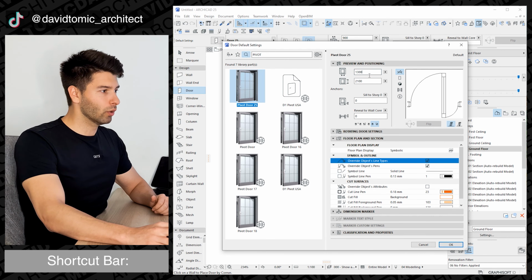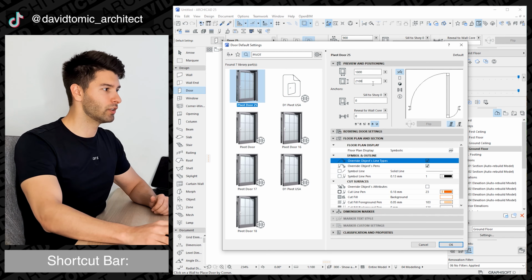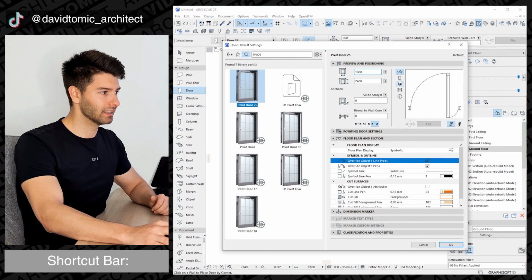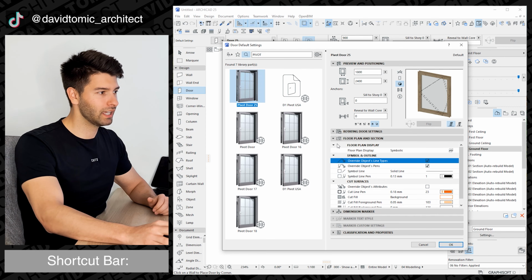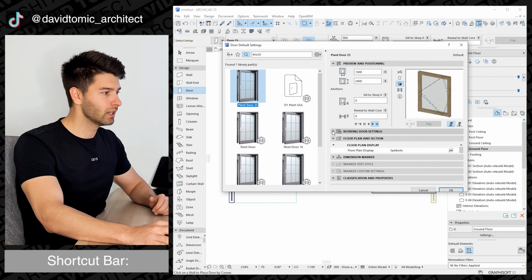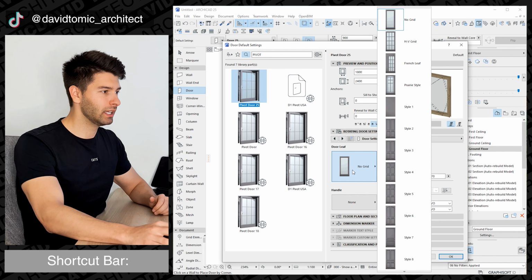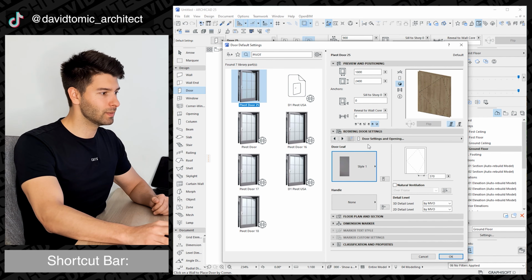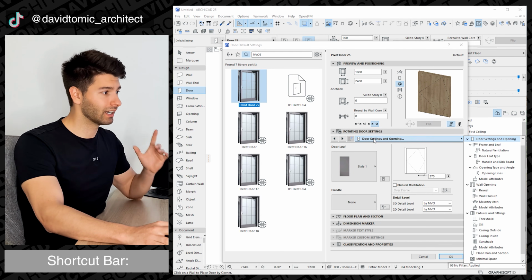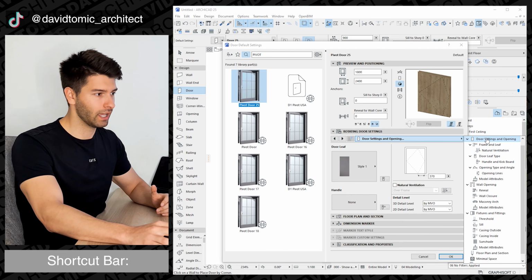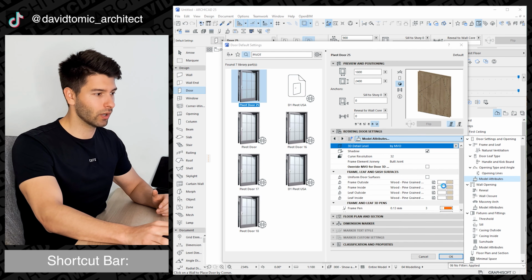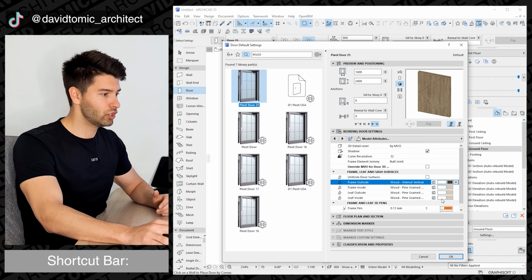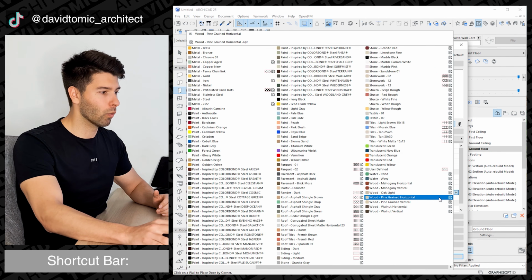And let's make this door about 1800 wide and 2.4 high. So it's a very nice large door. By clicking on the 3D, we can see what it looks like. Personally, I don't really want it to be a glass door. I do want it to be solid, and I want it to be that walnut color to match the above of what we created. So let's drop down to our model attributes and change this wood grain to our walnut